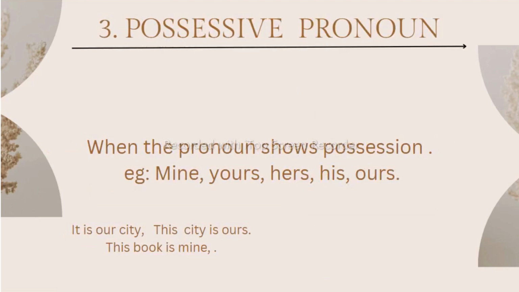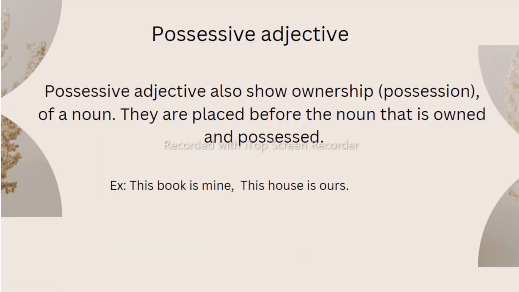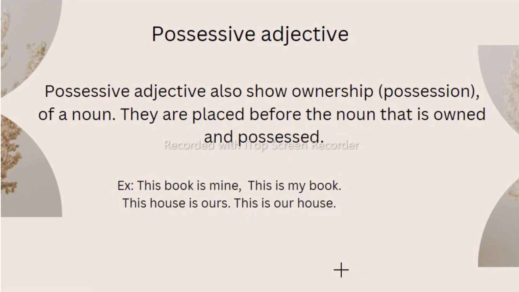This one is the possessive pronoun. Here the possessive pronoun shows the possession or belongings, like this city is ours, this book is mine. In the same way, possessive adjectives too show the belonging and ownership of a noun. So that possession and ownership is shown by the possessive adjective as well as the possessive pronoun. They are placed before the noun that is owned and possessed. So students, as we have discussed